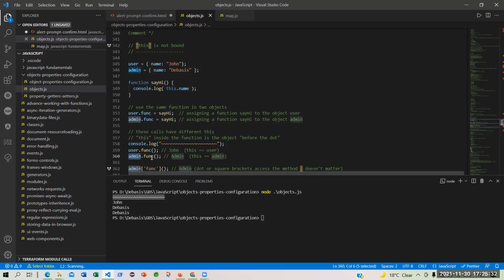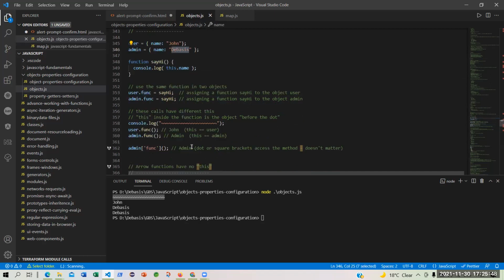Similarly, admin.func, you are calling the function which has been already assigned by say hi. So actually you are calling this and you are calling this dot name, but this will refer now to admin. Okay, you are printing Devashish.